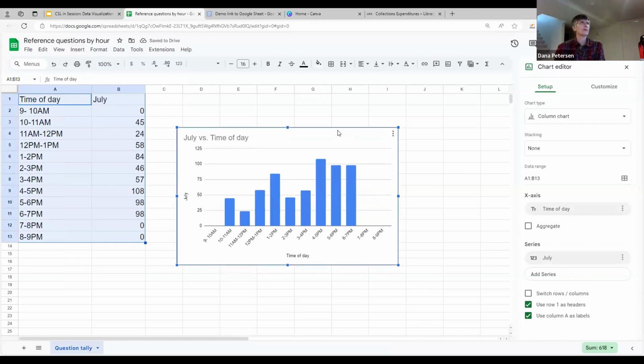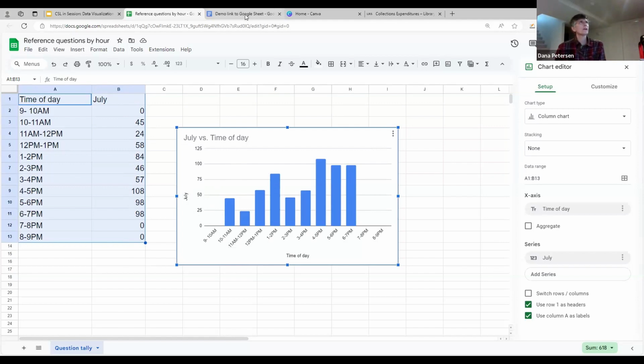Let's see, what did it find and decide was important? It gave a title, July versus time of day. Where did it come from? These two headers. It's trying to make sense of the data. Does it make sense for this chart? Not really, but that's where humans can still come in and do some things. It decided to label this as July because it doesn't know better. It doesn't know what this was actually talking about. I can also clean that up. But it did put the times across the bottom. Super, super simple. Hey, there's a little pattern happening.